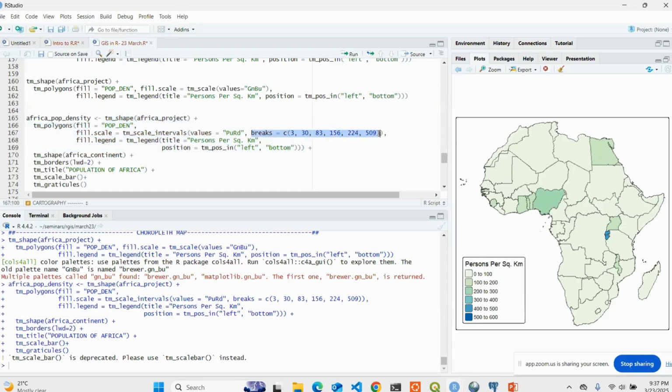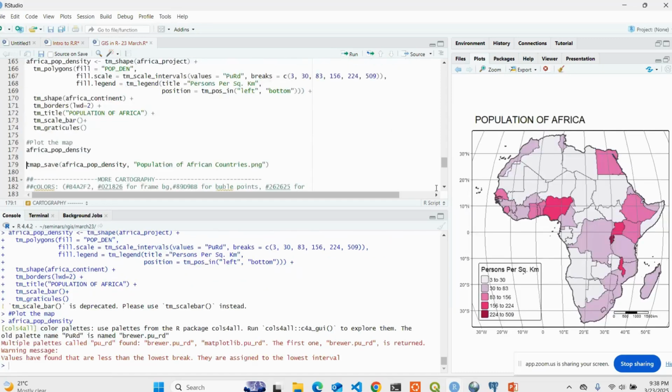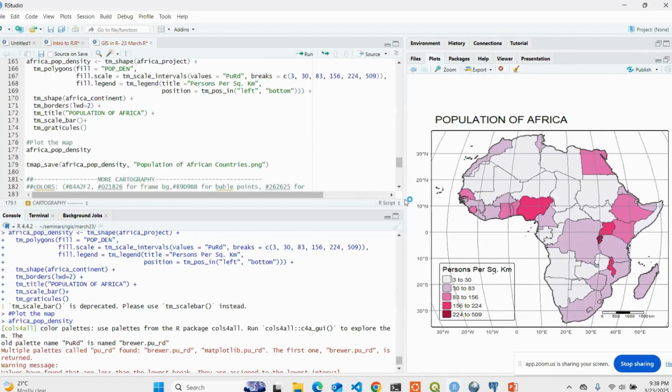Here we are saying that the range of these values should follow this order. You may have a particular interest, and then you can do that. And that's what we've done. And you were saying that tm_shape, what you get there, you should have also the title, you should have a scale bar, and you should have the graticules. And if I try to plot that, I have now a map of Africa with